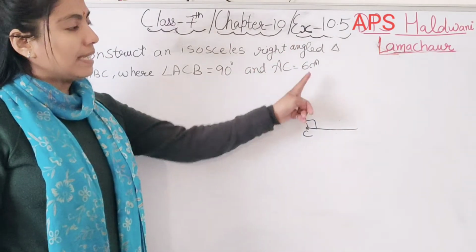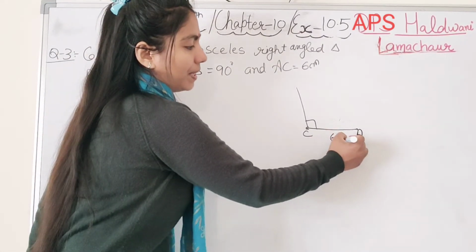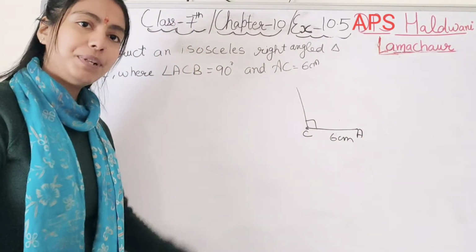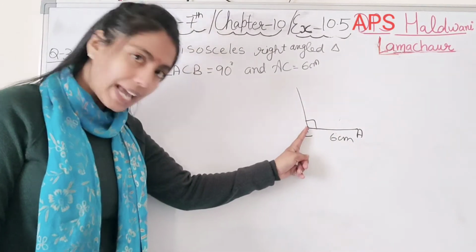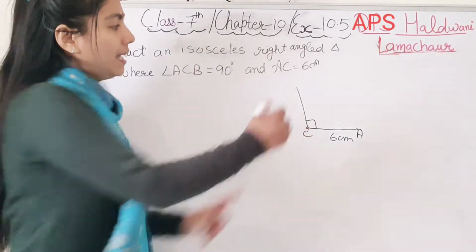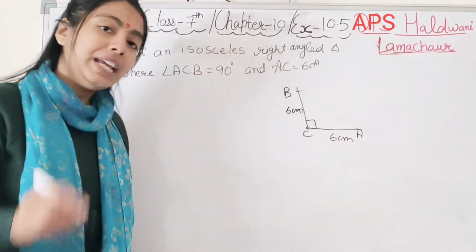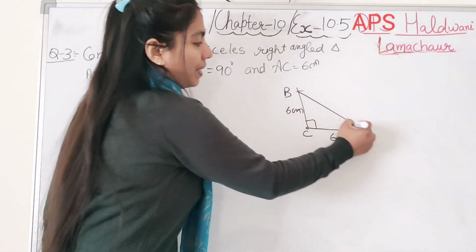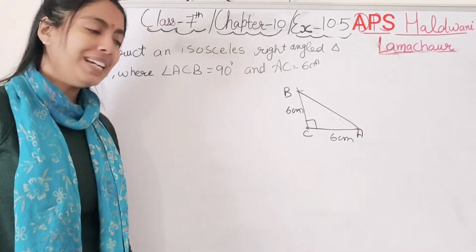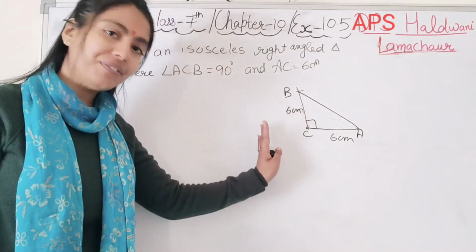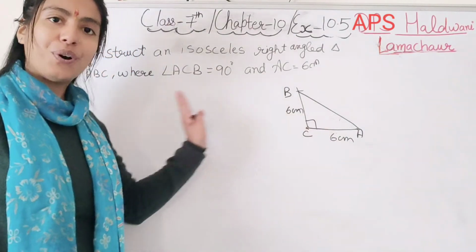It is isosceles, AC is 6 centimeter. So this point will be A. AC is 6 centimeter. So which other side will you take as 6 centimeter? Obviously the one next to the angle, because the angle is formed between two sides, right? So this B here will also be 6 centimeter from C. Got it, student? And this point you will join with A. So this is the required right angle triangle ACB. Student? Every time you have to draw a rough figure first of all, then there will be no chance of error. Right student? So the same thing you have to draw with the compass.